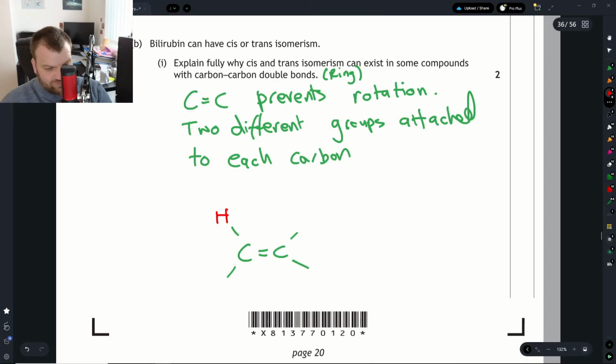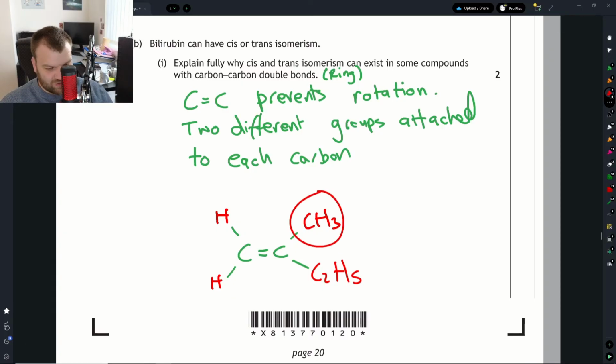For example, if you had 2 hydrogens attached to that one, and then you might have had CH3 and C2H5. Both of these groups, the non-hydrogens, are on the same carbon. You cannot rearrange that to have both of them on the same side or both of them on opposite sides of the double bond. If you had, however,